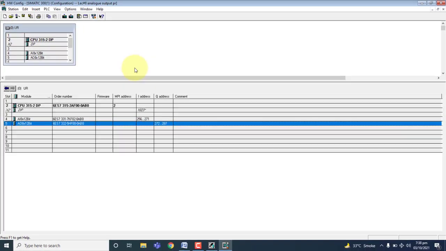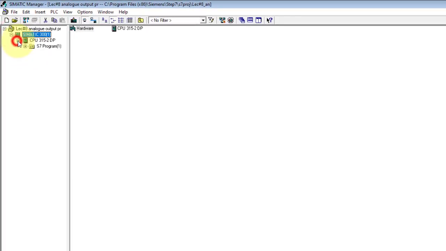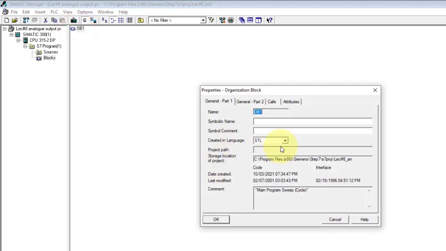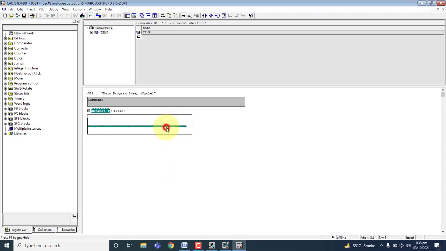Okay, now go to schematic, CPU and blocks. Our language is ladder diagram in this lecture, so I will select LAD. Okay, you can use the analog output in many ways.